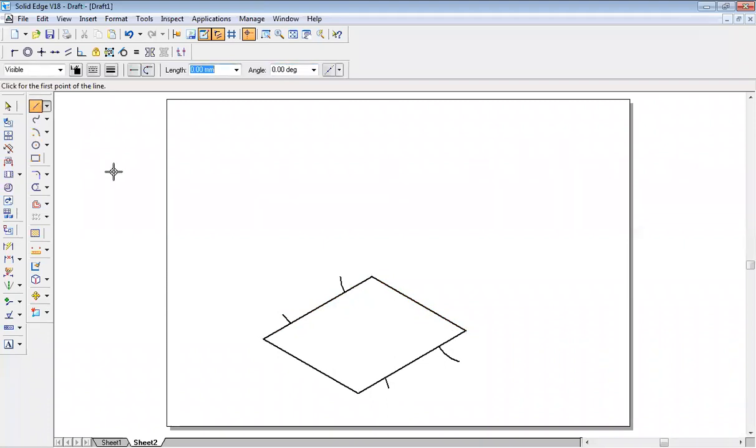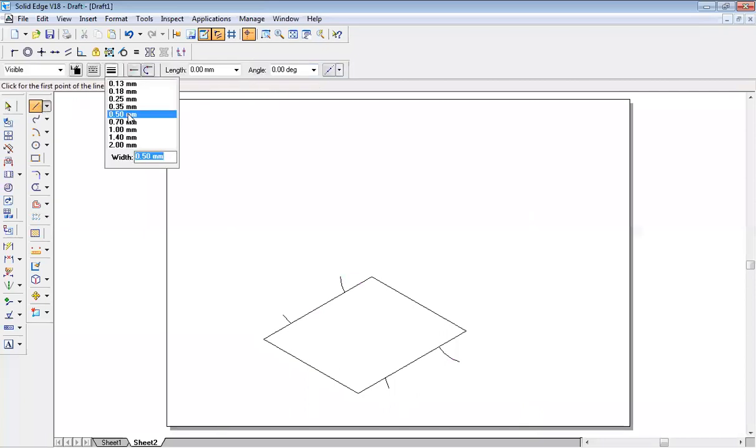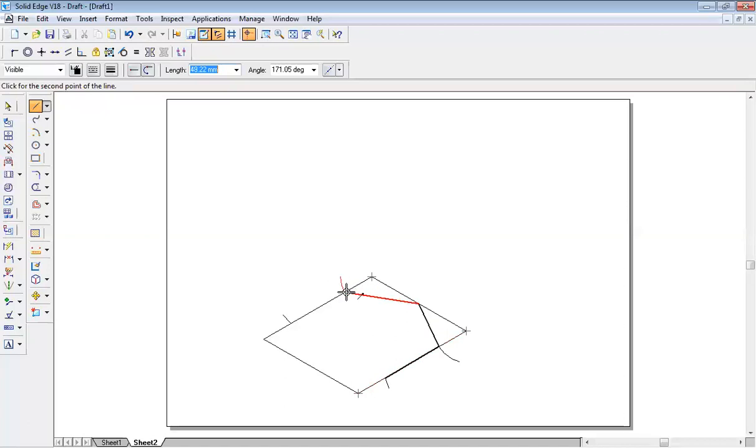Okay. So line command, let us reduce the thickness of all these lines so it will be easy for you to view it. 0.5. So A to B, B to C exactly in the center. C point is in the center. C, this is D, this is E, here also in the center, F, and back to A.